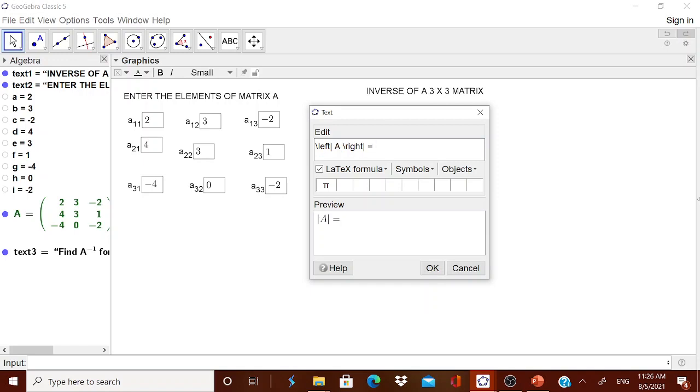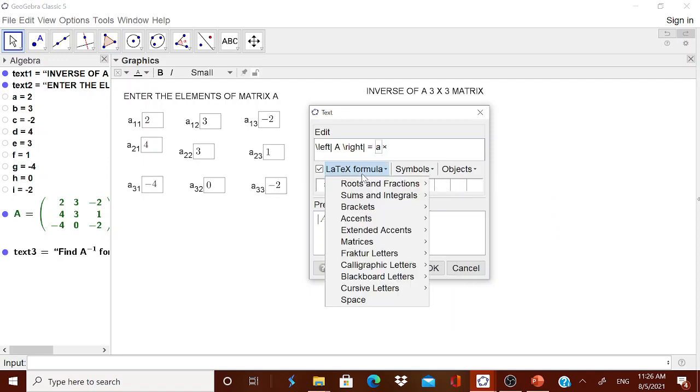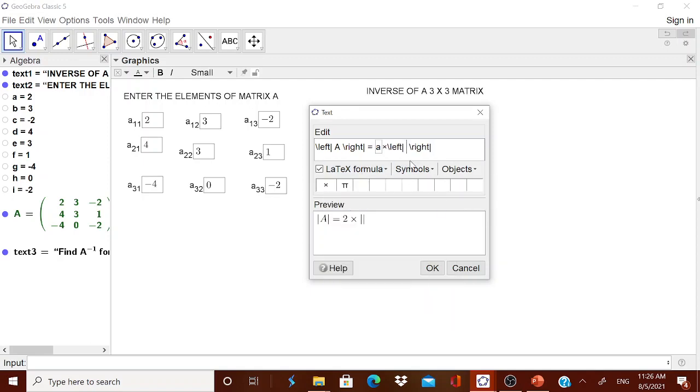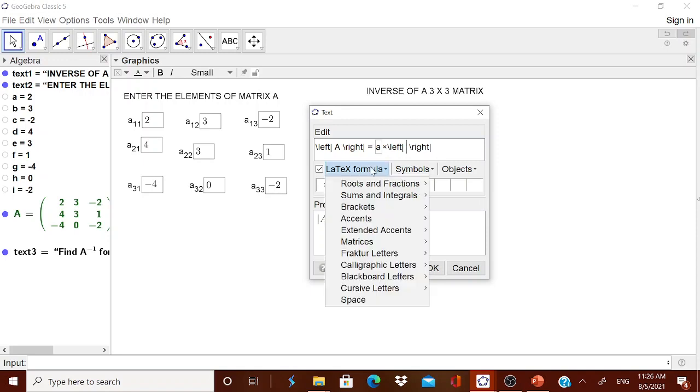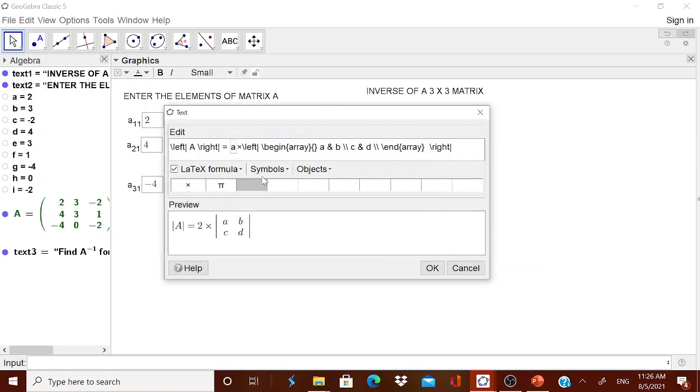If it is A, B, C, D and so on, A should be multiplied by, therefore from the object you select A. I'm showing only one of it. Is it okay? I think all of you can understand. Multiplied by, you go for this LaTeX formula, in the bracket go for this determinant. You have to show the determinant to the children. It will be very nice for the children to get it. When you remove the first column and the first row, I will make it very big so that it will be easy for you.